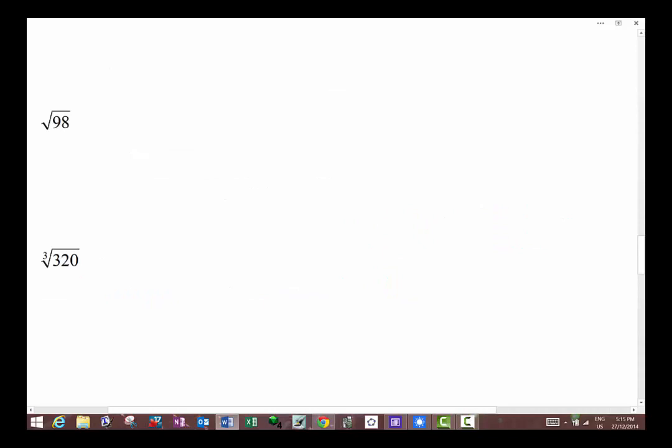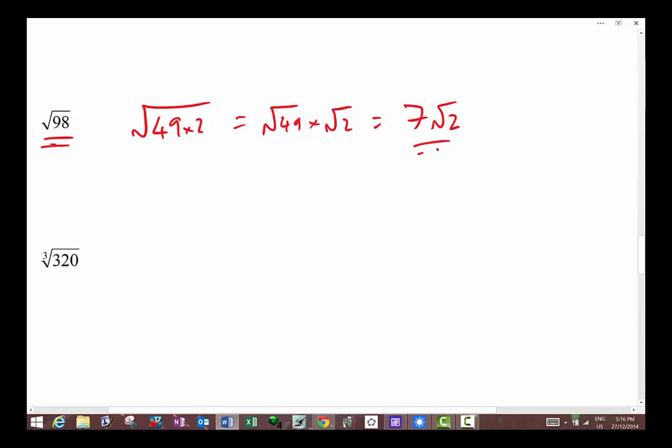And again, two more, one's square root, one's cube root, same basic method. Thinking of the square root of 98, 98 is 49 times 2. Ooh, and 49 is in the list of square numbers. So 49 times 2 square rooted can be written as the square root of 49 times by the square root of 2, and of course the square root of 49 is just 7, so the answer is 7 root 2. For cube roots,